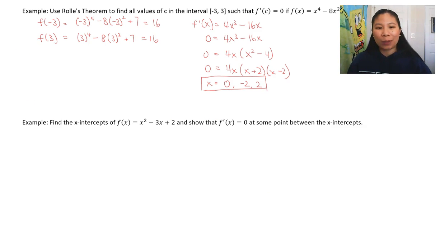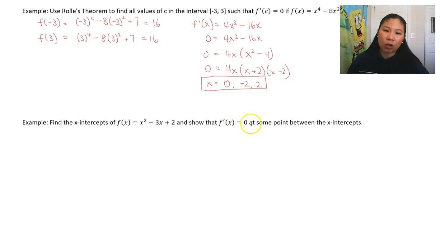All right, my next example, I'm going to find the x-intercepts of f of x equals x squared minus 3x plus 2, and then show that f prime of x equals 0 at some point between the x-intercepts. So here, it's a little bit different because they're asking us to find x-intercepts first. For this one, they haven't given us endpoints at all. So they didn't tell us what interval to look for them. But if we're trying to show that f prime of x equals 0, this gives me a pretty good clue that this is going to be Rolle's theorem,